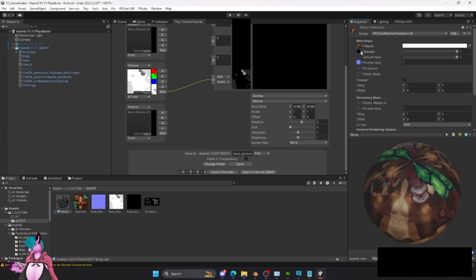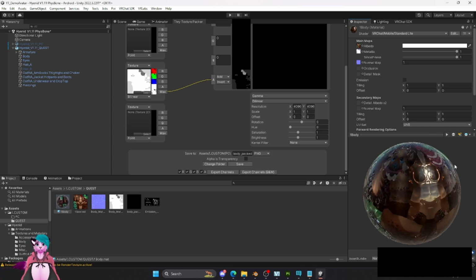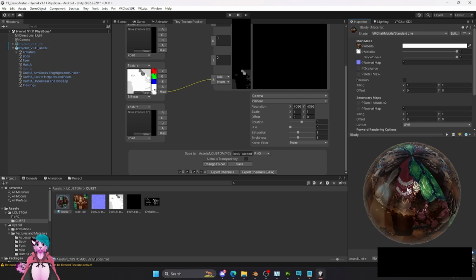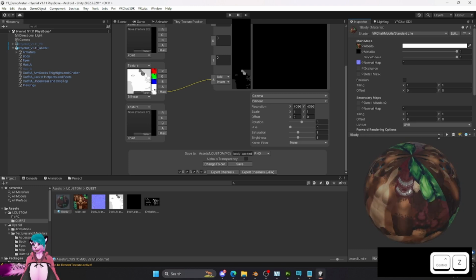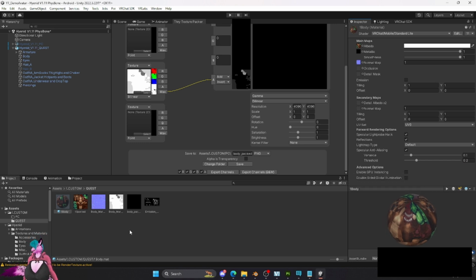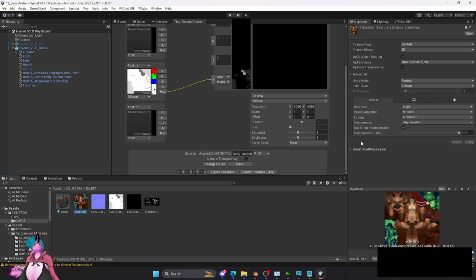Now if I just throw this in, not so good. So you have to map it to the proper channel. So now that I've mapped that material's done, but I do like to go back here and say, okay, we don't need this to be high quality. We have a limit here. So I usually go 2048, normal quality, enable crunch compression